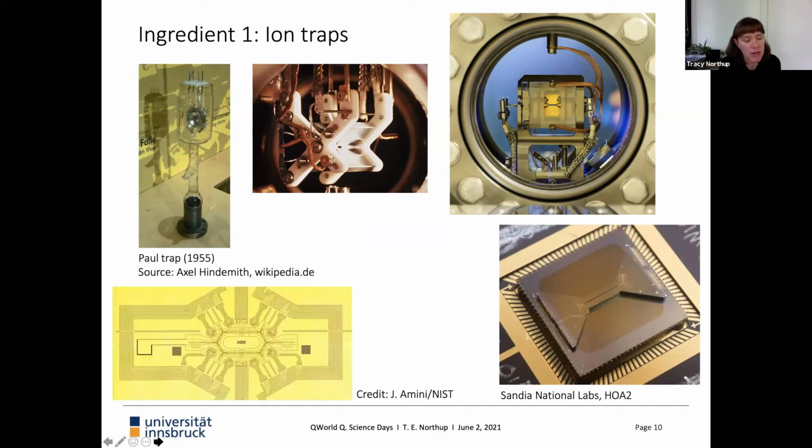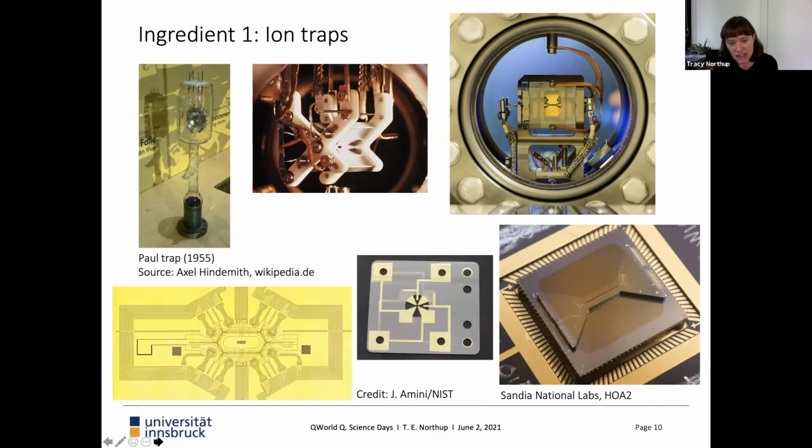Here's another example from NIST in Boulder, Colorado. This is actually a little example that we're working with here in Innsbruck. It's kind of funny because it's a three-dimensional trap like the ones above, but it's also processed on a chip. So it has some features of both of these aspects. What I'm trying to show you on this slide very broadly is that ion traps can look very different, but there's a number of different approaches that you can use to use radio frequencies to trap these charged particles.